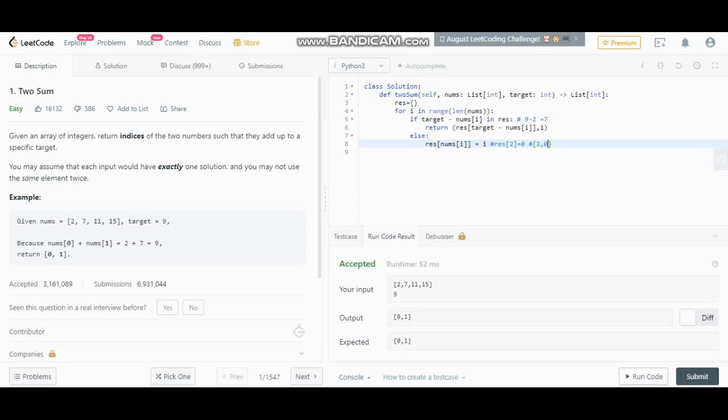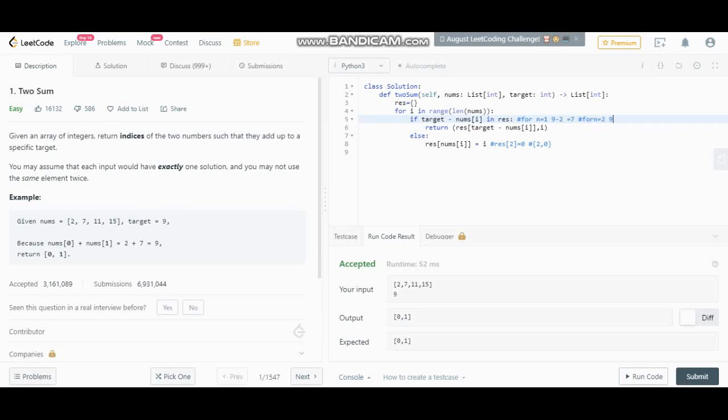And now for the second iteration, this is for n equal to 1. What is the value coming now? The value is coming as 7, and the target is 9.